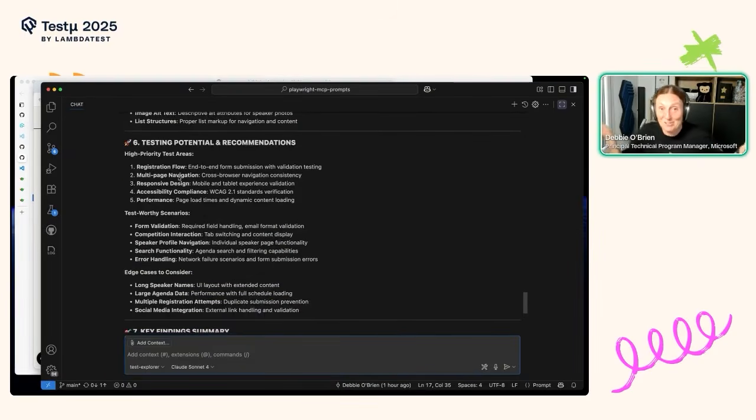Of course, this is a conference. There's a conference on where people need to make sure that submission works. I tested it out today with John Doe. It definitely works. There's multiple page navigation, responsive designs, a couple of things